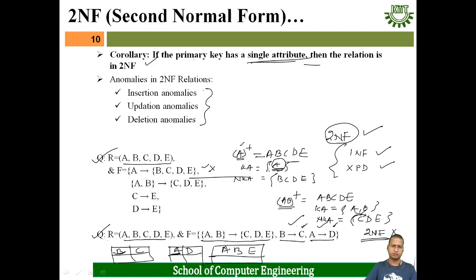And here which will be the primary key? Both A, B will be your primary key, and here A is the foreign key for this relation and B is the foreign key for this relation. That means this is the decomposition by which we can convert a non-2NF relation, this relation R, into 2NF relations, by decomposing it into three relations. In this case, B determining C is present. In this case, A determining D is present. In this case, AB determining CDE is present. Okay.